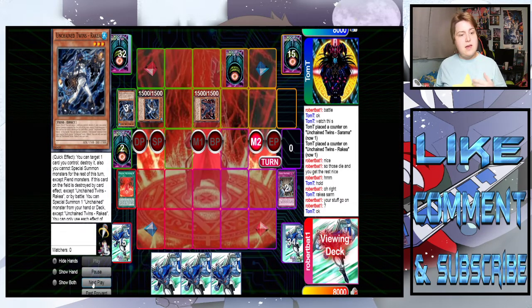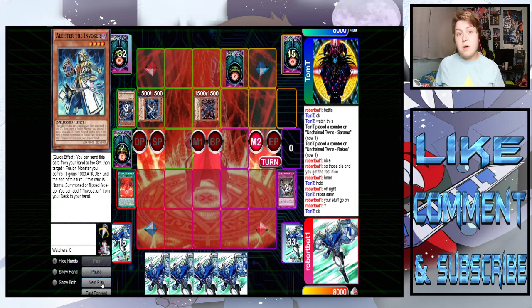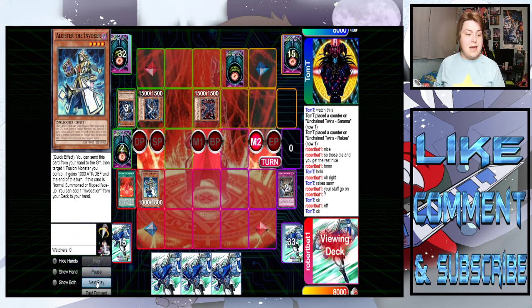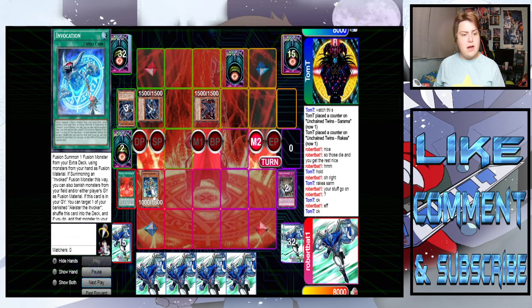Okay, so from here, we activate an Invocation, which would allow us to get an Alistair from our main deck. So we grab the Alistair, and what's next? We normal summon the Alistair. Okay, so we're definitely going to do that. Adding an Invocation from our main deck to our hand, I believe then we would